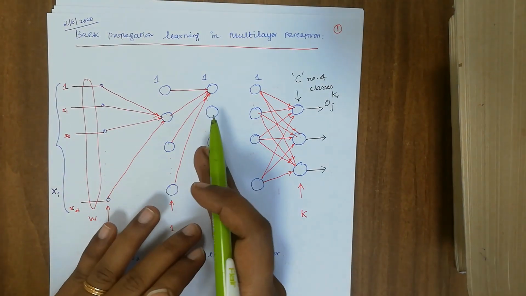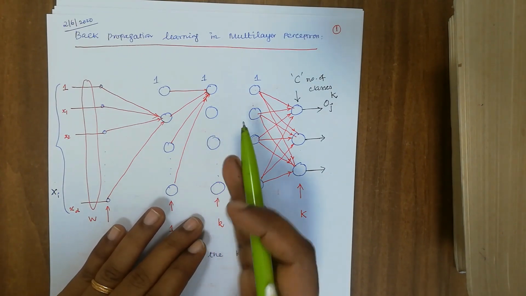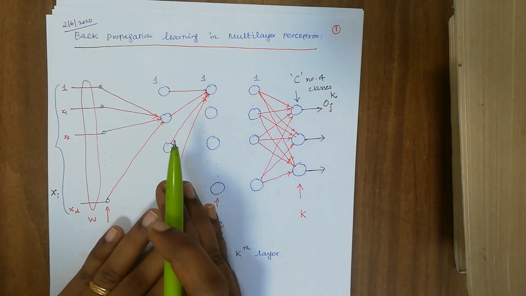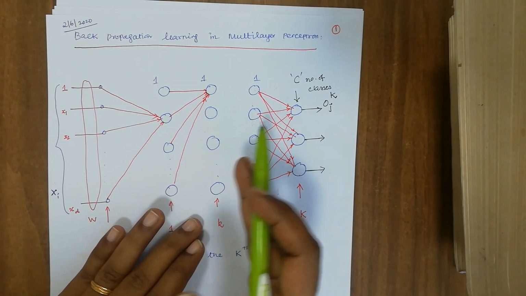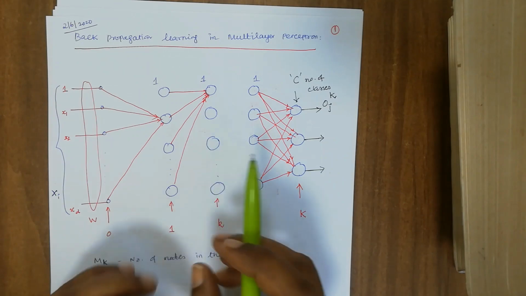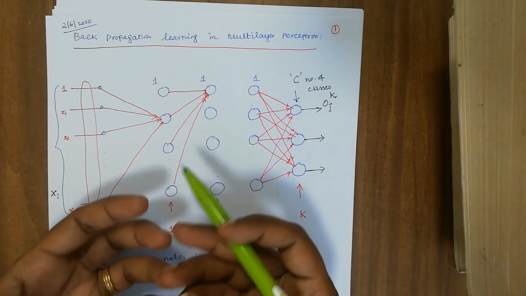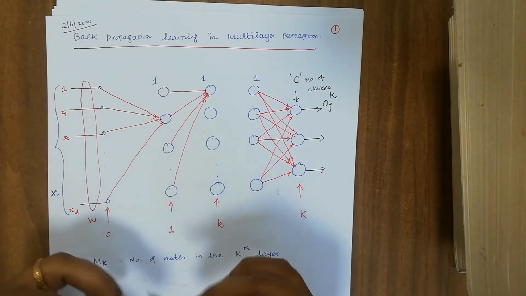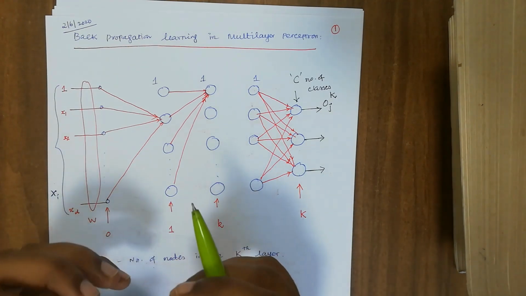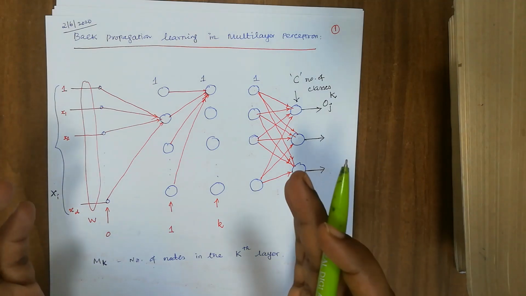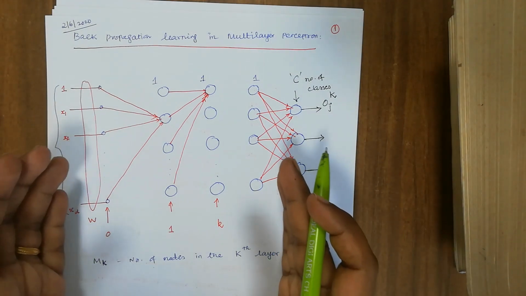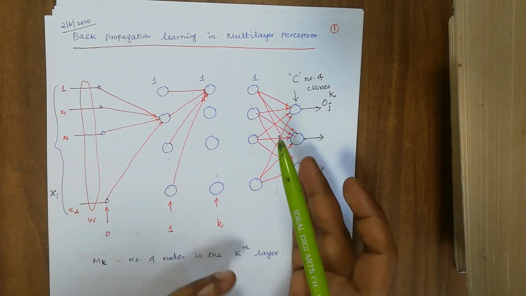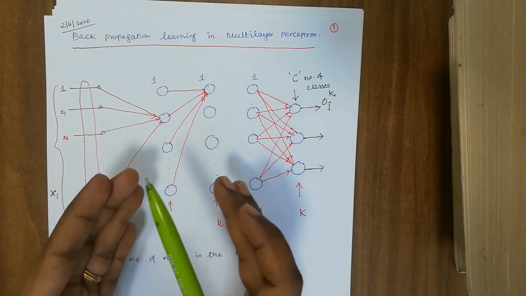And before that, the hidden layer starts. So the weight updation rule from K minus 1 to K minus 2 starts the weight updation rule at the hidden layer. So there could be two weight updation rules. One is at the output layer, the other one is at the hidden layer. So let us discuss these two things separately. Now let us discuss here how to update the weight or how to backpropagate the error from the output layer to the previous layer, which is K minus 1.